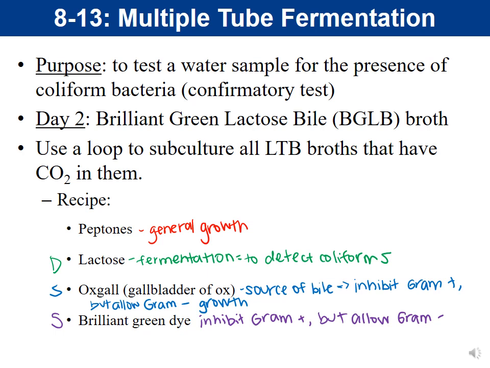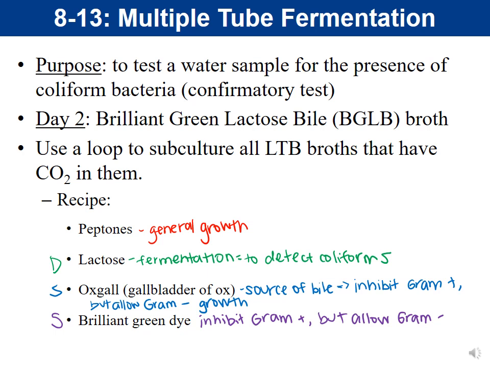So notice that in the LTB, the selective ingredient was the sodium lauryl sulfate. In our confirmatory test, in our BGLB, we have more selective ingredients. Now we have our oxgal or our bile, and we have our brilliant green dye. If bacteria grow in both sets of tubes, if it grows in the LTB and it grows in BGLB, it's not likely that there's a gram-positive bacteria that is resistant to all three. So by having these different combinations of selective ingredients,